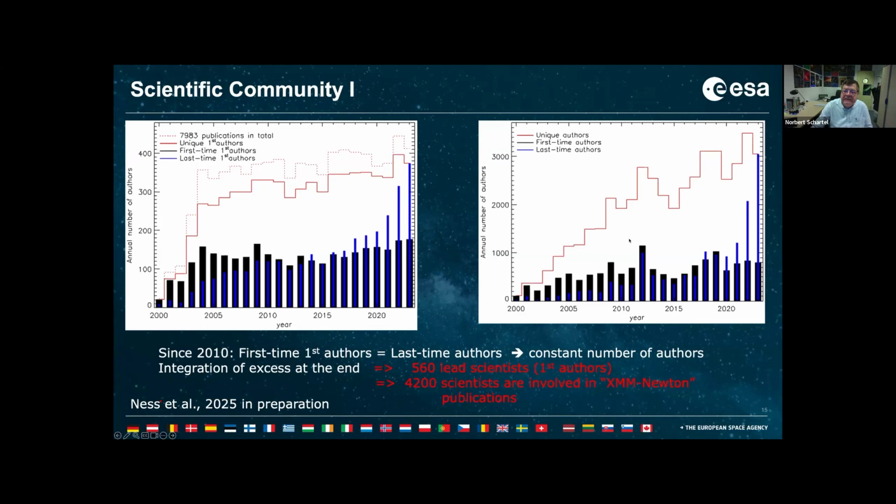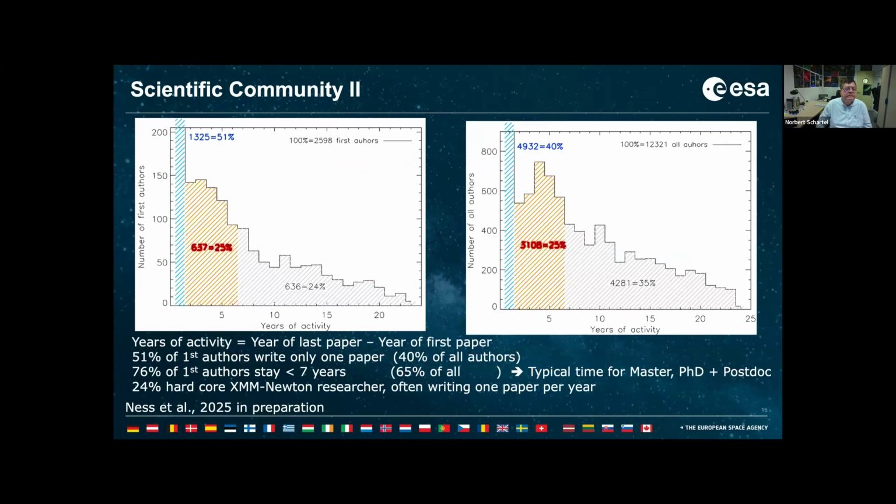We made the same study for all authors, including the co-authors, and this gives us, integrating the access here, 4,002 scientists involved in publishing XMM-Newton data in refereed journals. Now, one other thing, again from Jan Uwe,